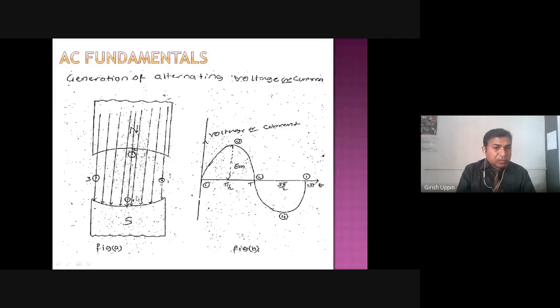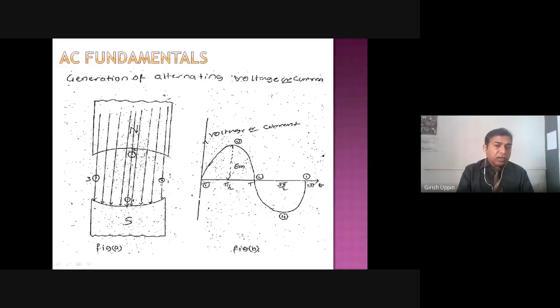When it starts moving towards position number 1, again the direction of motion and the flux are in the same direction. So the angle between the flux and the motion is 0, and the flux cut by the conductor is 0. If we plot that, that would be 0 again. And if you see here, we got this 1 point, this 2 point, this is the third, fourth, and the fifth point.